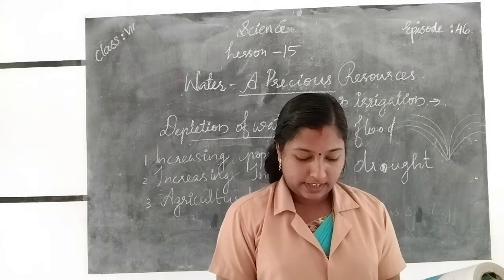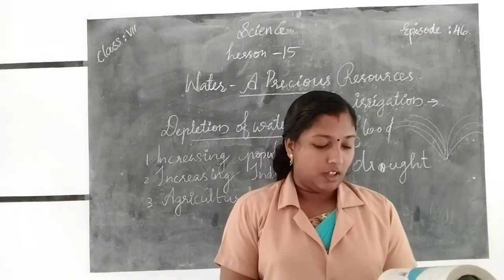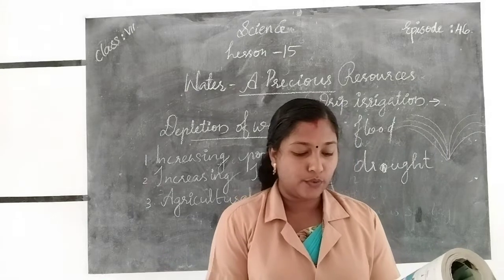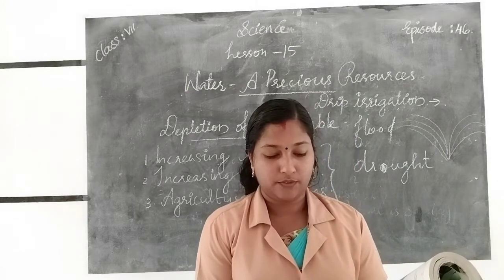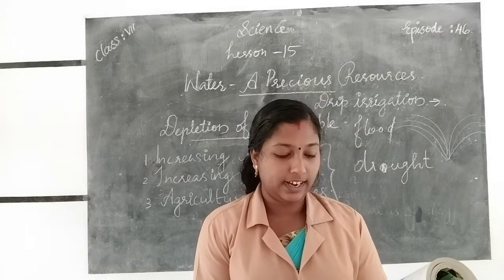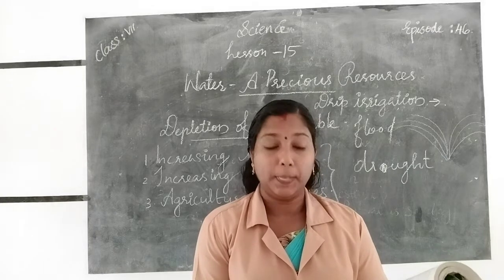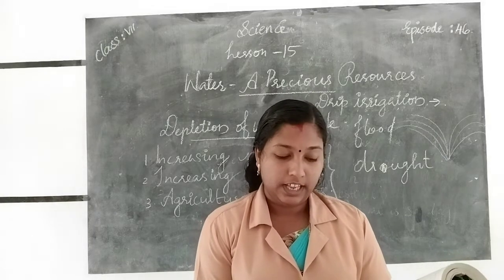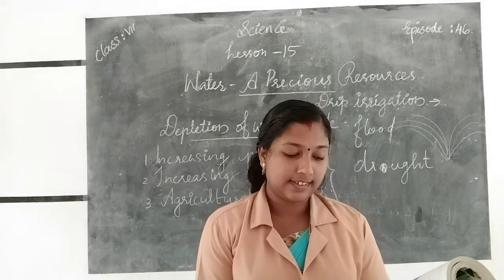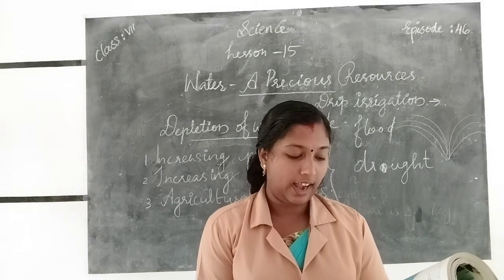Okay, in your textbook page number 201, a case study is given. Bhojpur in the Kutch area of Gujarat has very erratic rainfall. There is little rainfall. The only source of fresh water lies underground because rivers in this area do not have water throughout the year. Over the years, demand for water has grown. The withdrawal of groundwater has far exceeded recharge. As a result, the water table has gone down alarmingly.